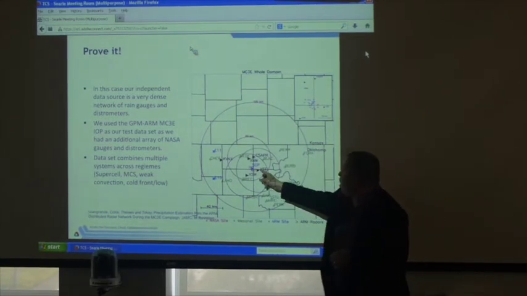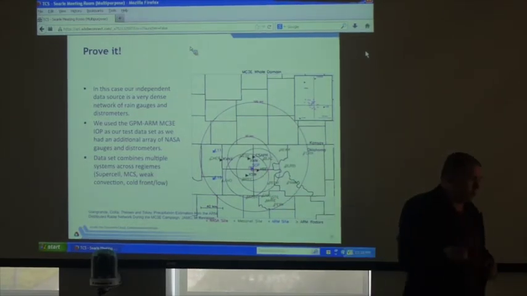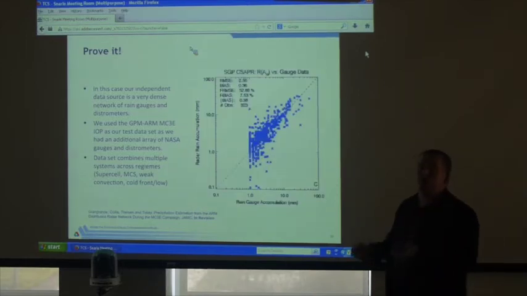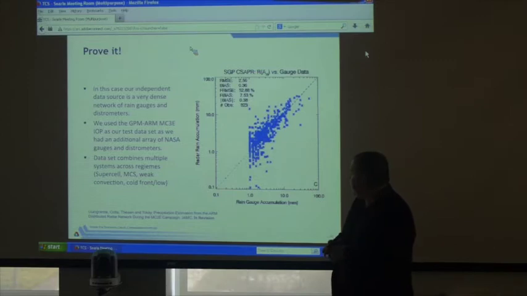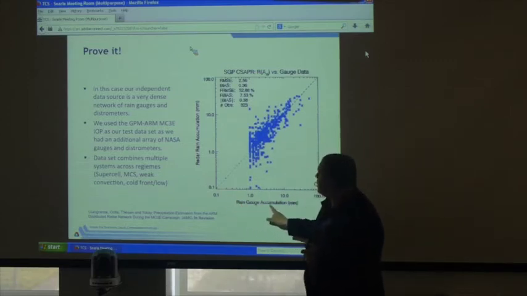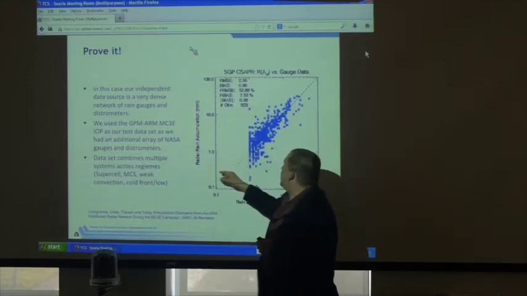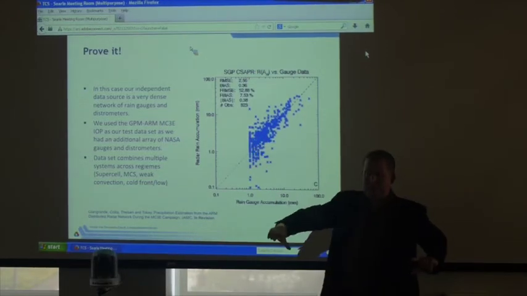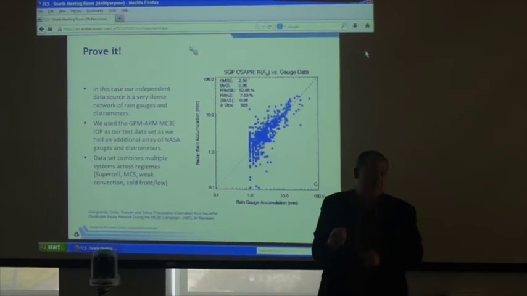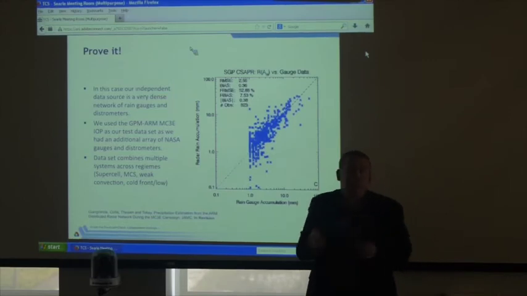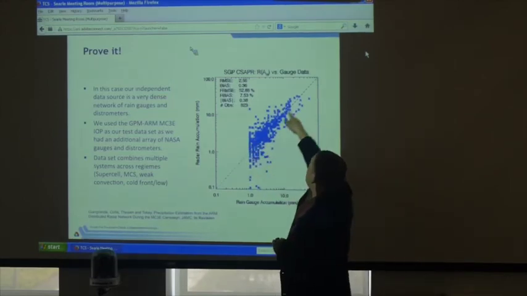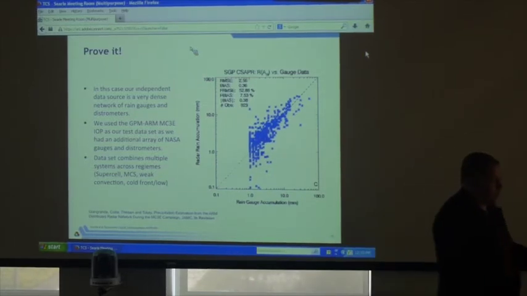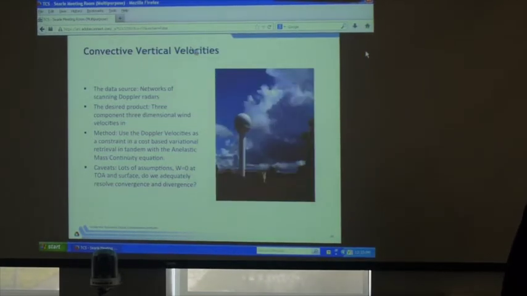We actually have a whole network of drop sensors, rain gauges, that allows us to not only do our retrievals, but validate our retrievals here. This is our rain gauge accumulation and our radar rain accumulation here. And we can see, because you're comparing an areal average of a 1 kilometer grid cell to a point, you're going to get some spread, whether you're on the edge of a rain cell or in the middle. But while we have this spread, we also have a non-biased measurement. The actual bias in this is very, very small. So we have confidence in our rainfall retrieval.